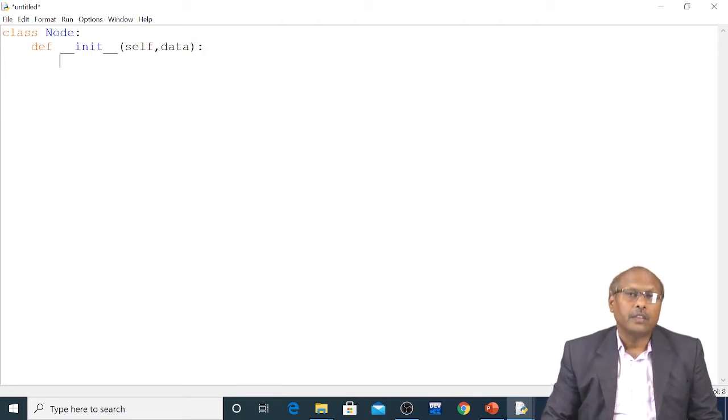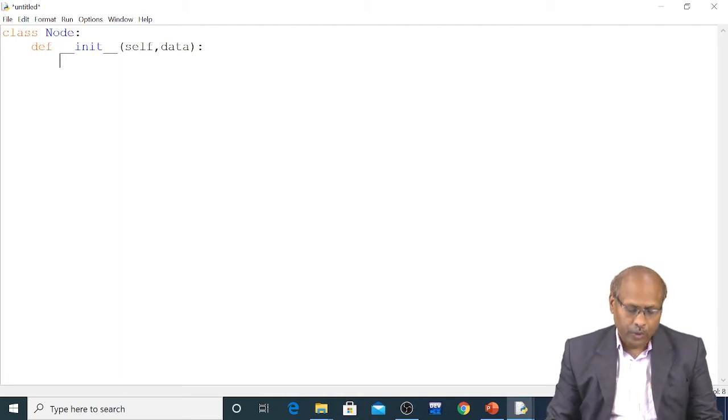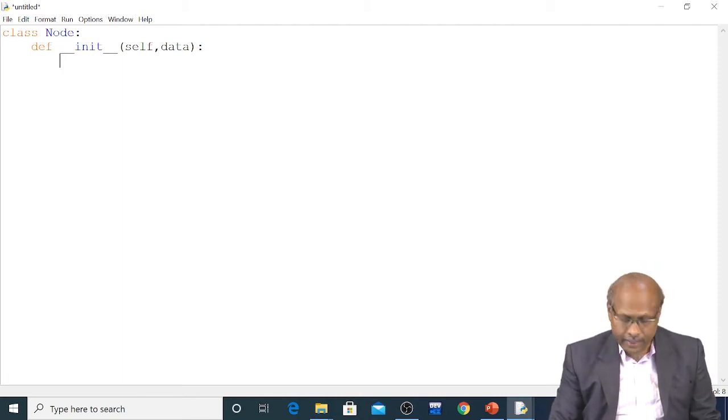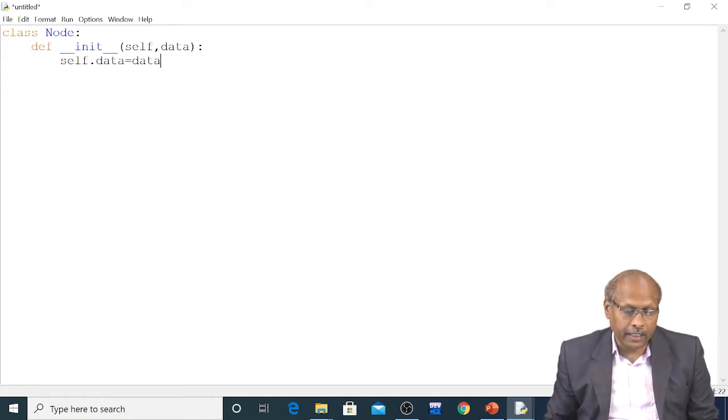Now whatever data you are passing is part of your node, so I have to store it in my node: self.data equal to the data you are passing. So this data I am storing in my node.